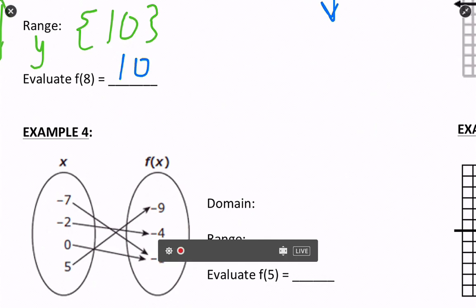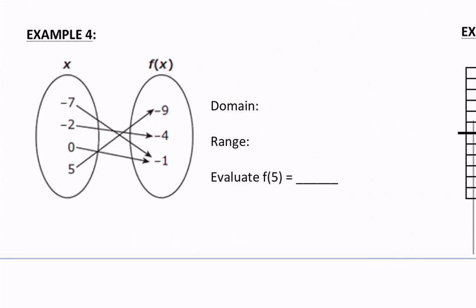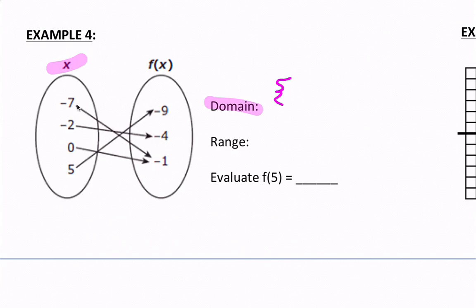Okay, back to a little bit easier of a problem. This is discrete again. It's not continuous. It doesn't have the continuing line, right? So we like these. These are nice. Okay, so domain is our x's. Whenever it's discrete, nice and easy, all we have to do is list our x values inside of our brackets. So remember, you want to start with the smallest number, where the smallest x value is -7,